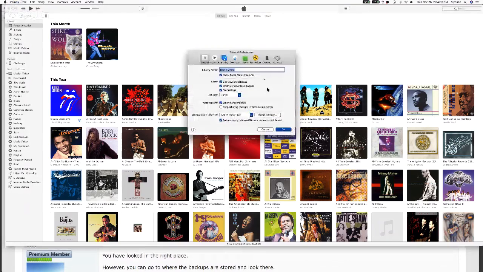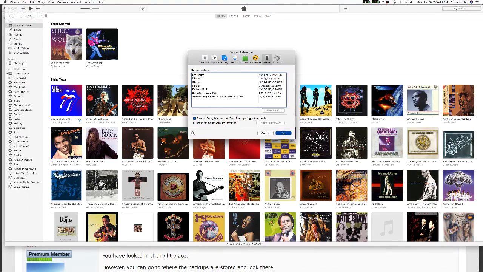I'm going to click Devices when the window comes up. Now, I can click on one of these. Notice these have dates. These are not repeated backups of the same devices. iTunes stores the most recent backup.